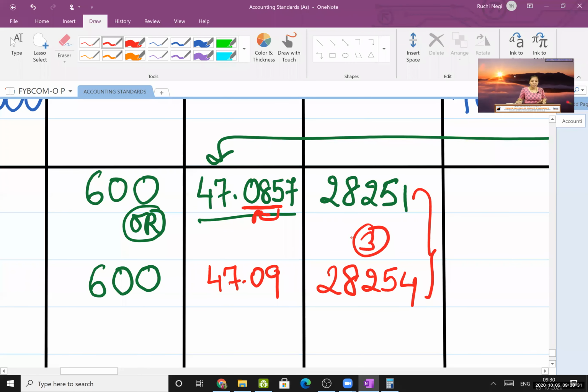In the final answer, is it clear to everyone whatever I explained just now? Going up to 4 decimals and going up to 2 decimals, see the difference in the answer. Here we had only one sale. If you have multiple sales, there will be a big difference in the final answer. Am I clear? Everyone, this is clear, right?